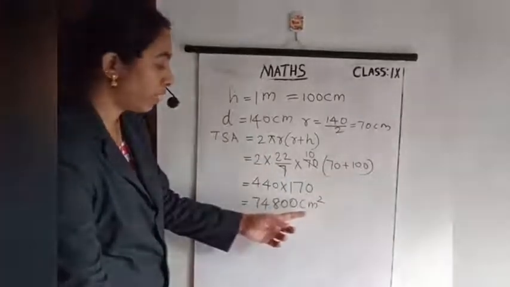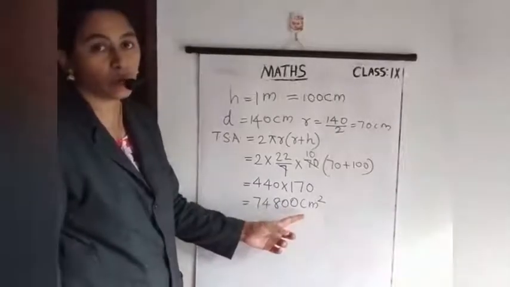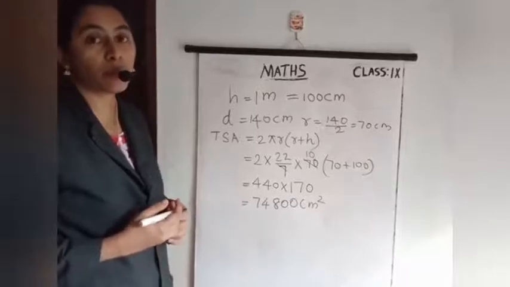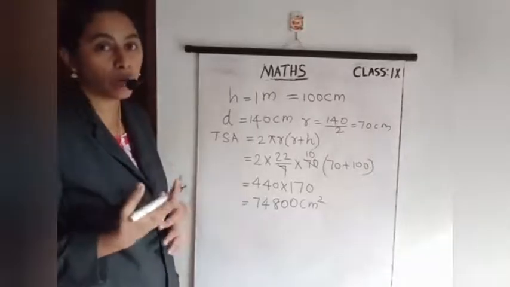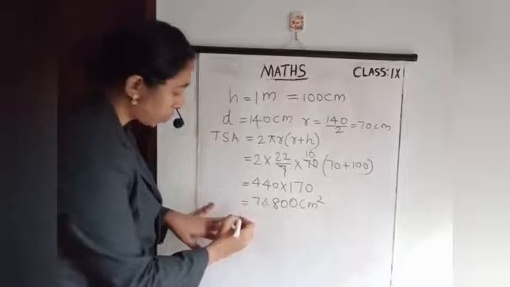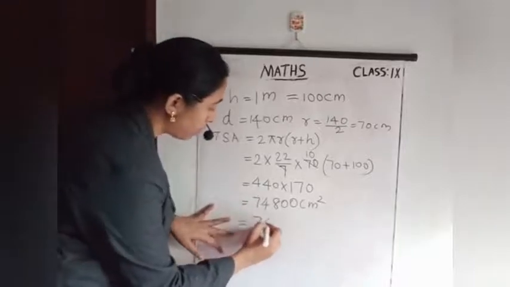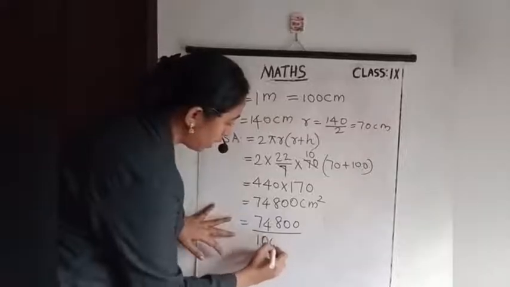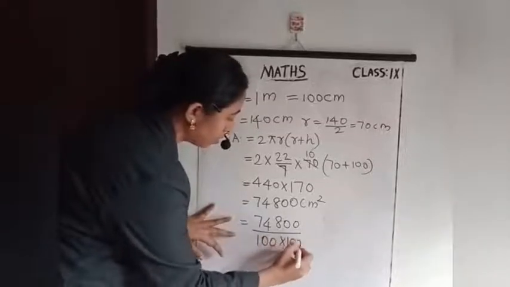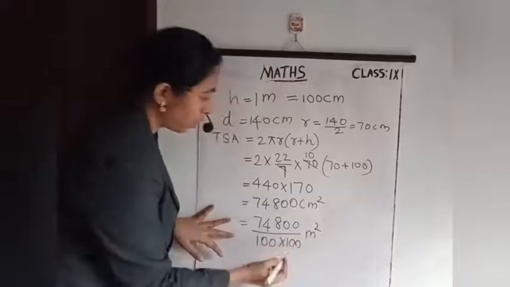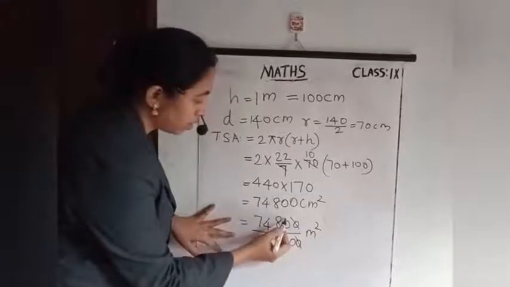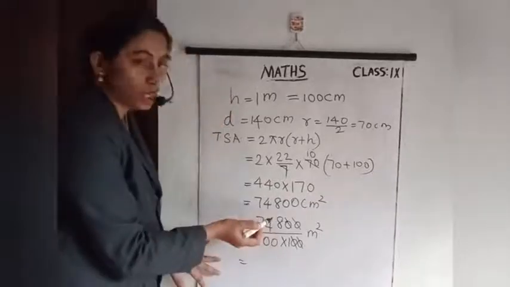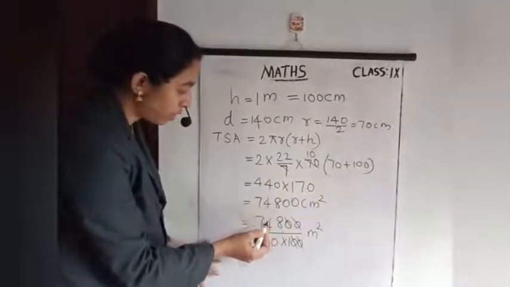In the question they are asking how many square meters of the sheet. So here we found it in centimeter square. We need to convert it into meter square. So 1 meter square is equal to 100 into 100 centimeter square. So we can divide this number by 100 into 100. Then we get this area in meter square. Understood? Now we can cut these zeros and this zero. Now put the decimal point after 2 digits from the right.